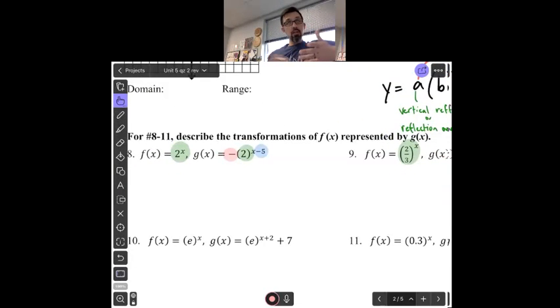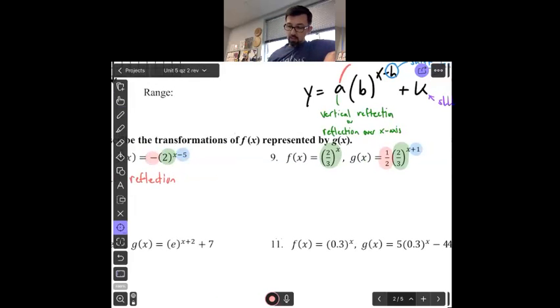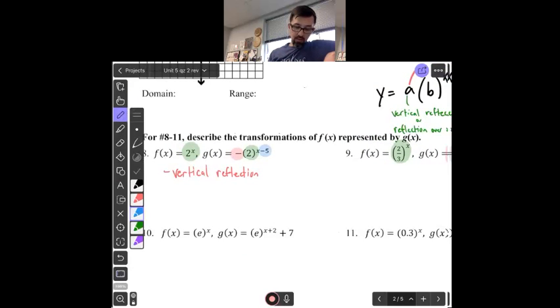So looking at number 8, I notice there's a negative on it. I notice there's a -5 on it. That negative is my reflection. So I'll say a vertical reflection, or I could say a reflection of the x-axis. And -5, it's up in the exponent, okay? The exponent versus the being after, like the 2 versus the 7. So the 5 is up in the exponent, that's the h spot. And h lies to me, it says -5. That's going to be a shift right